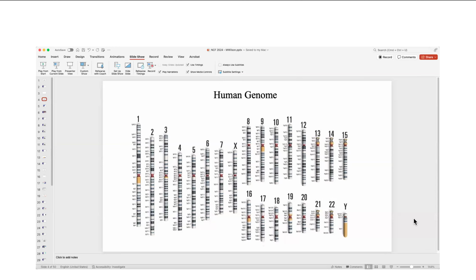The trick is to capture all this information from a forensic sample, and it's difficult. It's not easy. Forensic samples are often degraded. They're limited in their quantity, but the biggest problem is the degradation. If the DNA is degraded, it's really hard to get out the information that you would expect from a pristine sample. But the importance is that